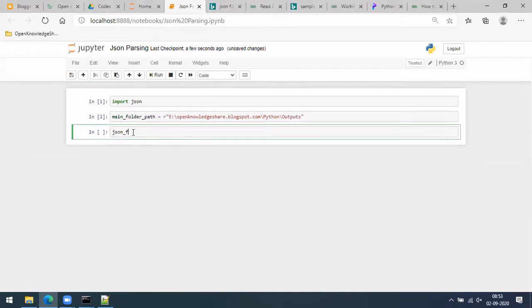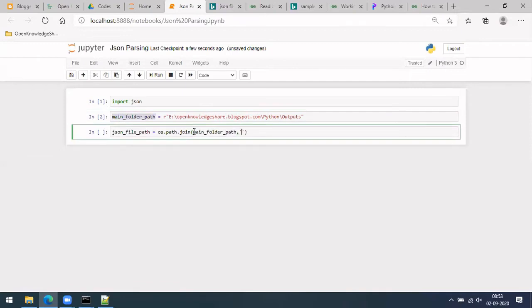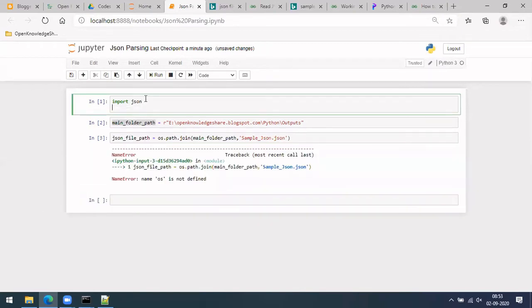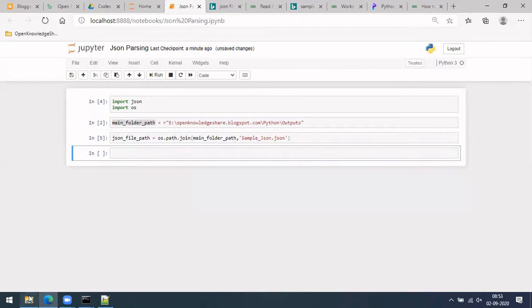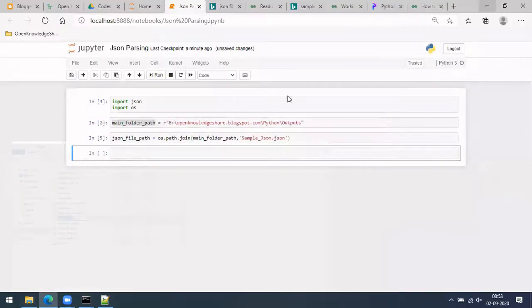Okay, JSON file path would be os.path.join, and then, okay, mistake again. So is it the same name as what we tried to do here? Copy name from here. Oh, yeah, this is it.